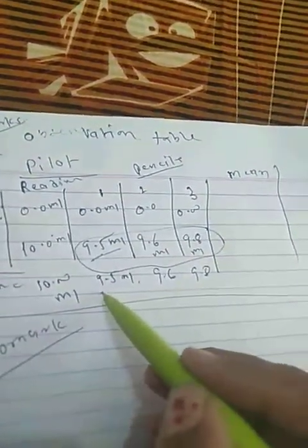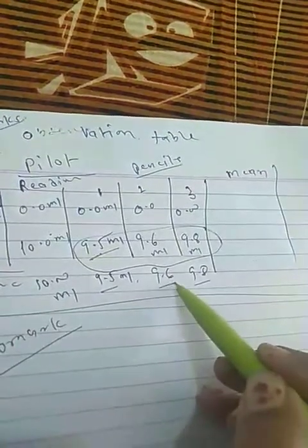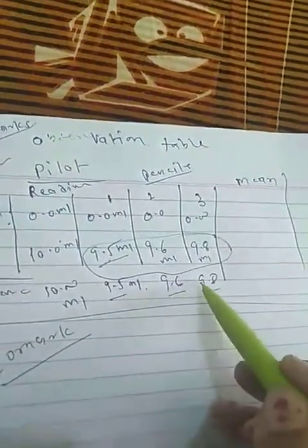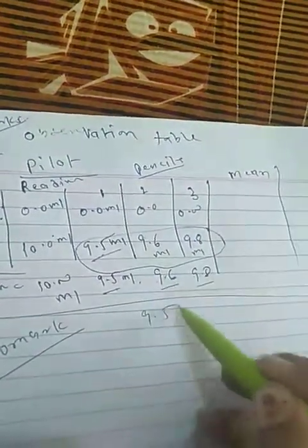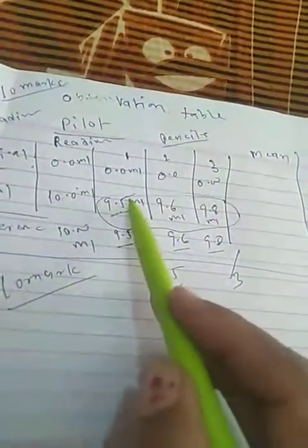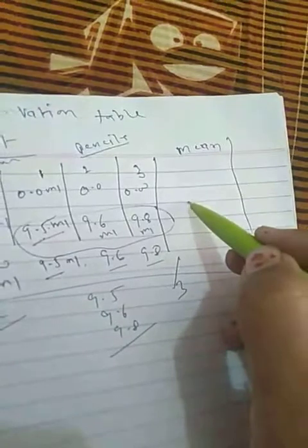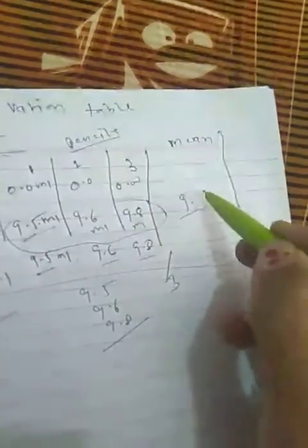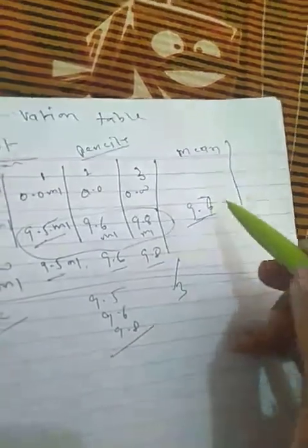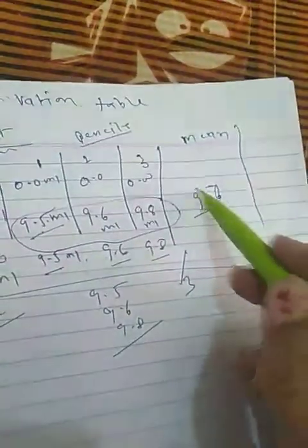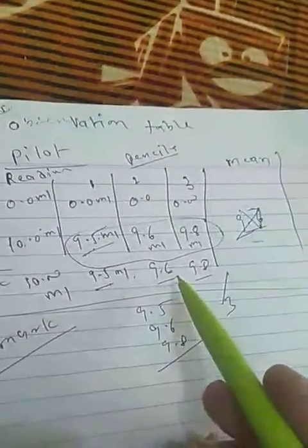But if all your 3 readings are not close to each other, see, this is the difference. Here is a vast difference, 9.5 and 9.8, 9.6. What do you have to do? You have to total all these 3 readings, and divide this total by 3 because there are 3 readings, and take the mean. Mean means average. If you get 9.56, the average will be 9.6 or 9.7. Do the total and divide. So this is called the precision rule.